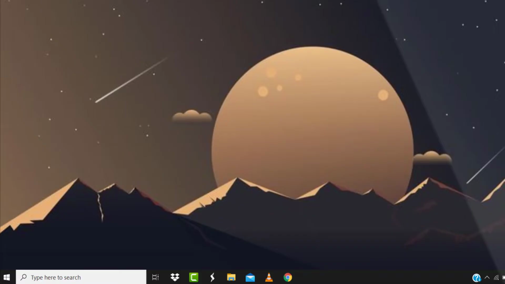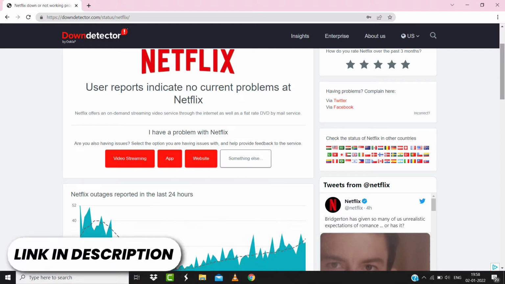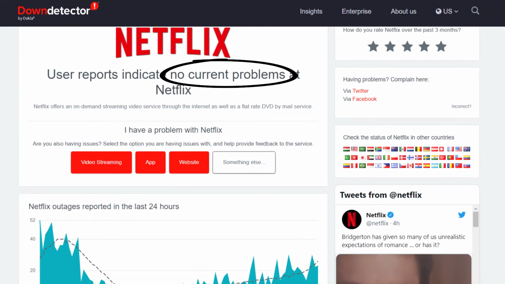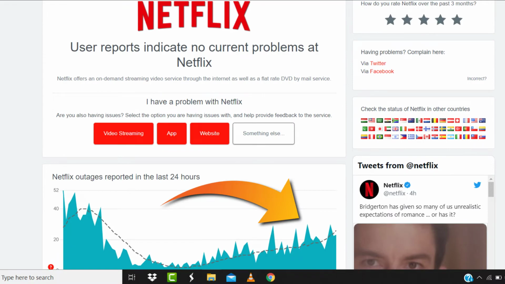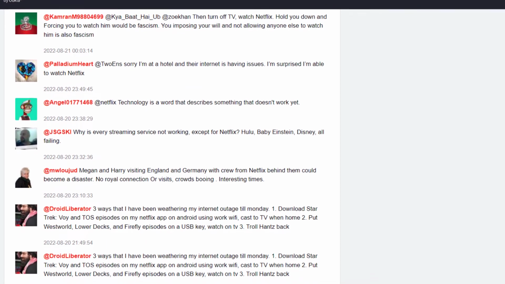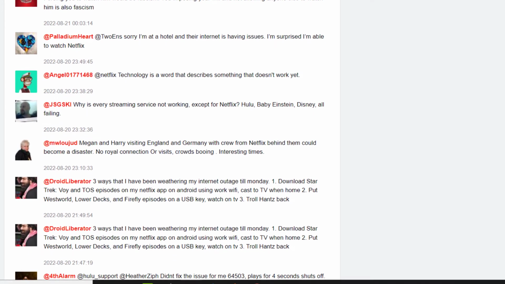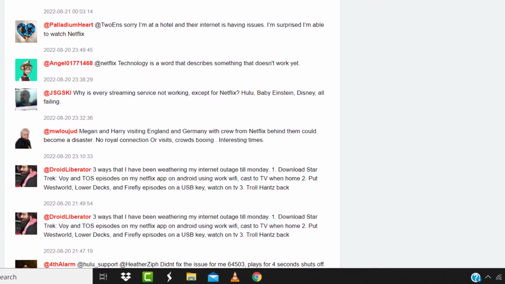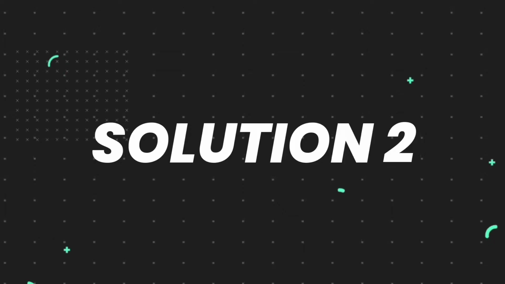So first of all, you need to open up this webpage on your web browser and check its server status. Sometimes it can happen due to server issues. In case you find a temporary outage, wait for some time and try again later. But if you experience no outage here and still encounter this issue, then you need to clear your browser cache.